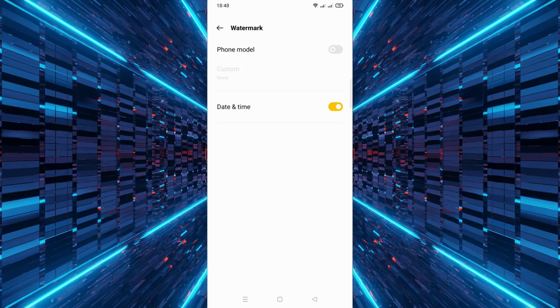That's it for today's video. Now you know how to add date and timestamps to your photos on Android, whether your phone supports it directly